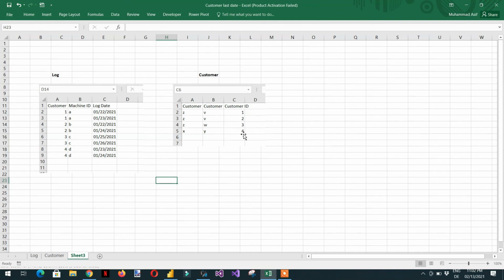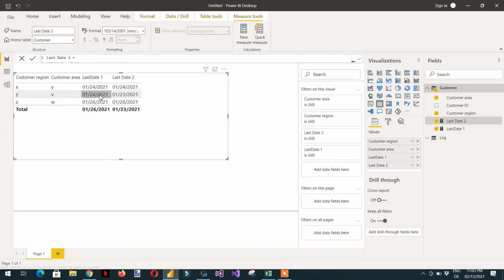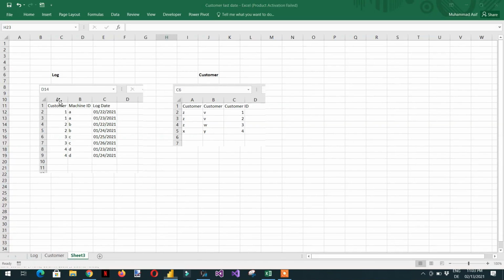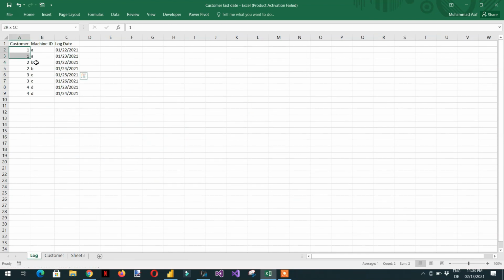We are passing only customer ID 4, and against 4 we are getting the earliest last date 24. So that's why we are getting 24 here. And what about Z and V? Here you can see Z and V, we are passing two values, 1 and 2. So for 1 and 2, what is the earliest last date for these four values? Here you can see these are the four values.